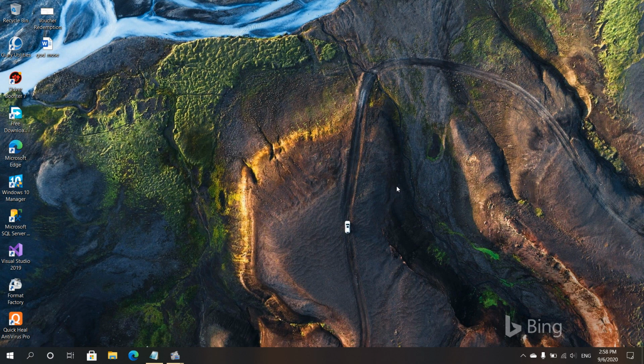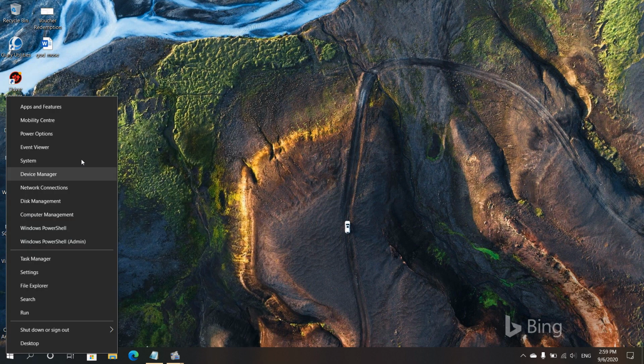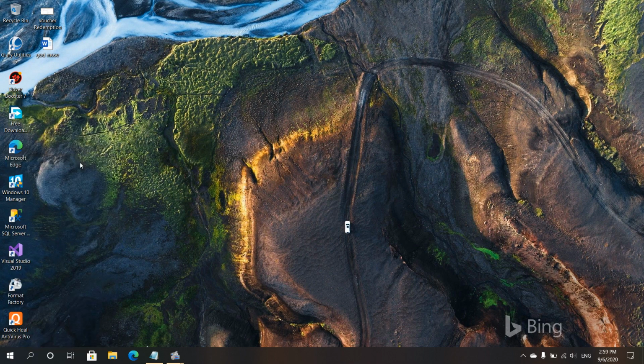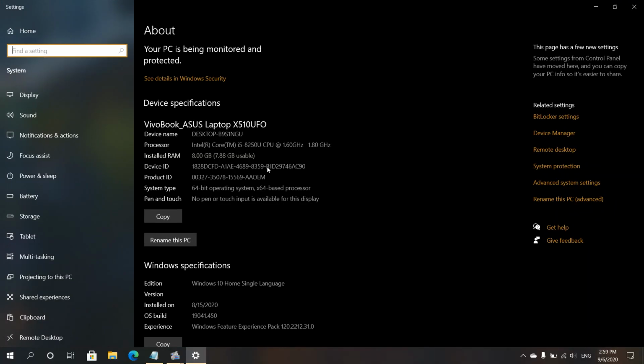Now I will show you the exact way how to create the God mode folder within Windows 10. I will show my Windows configuration, which operating system I am using.